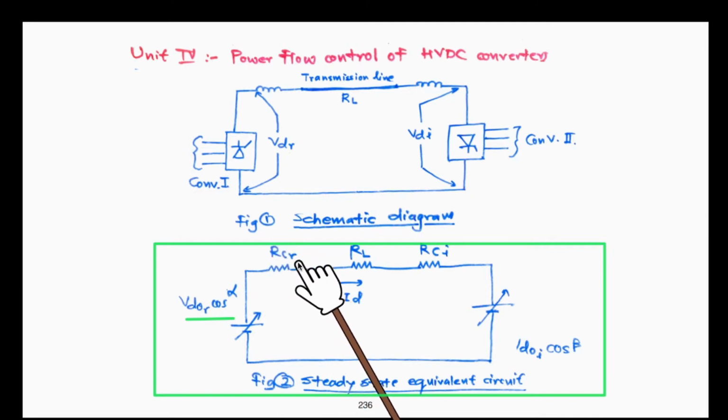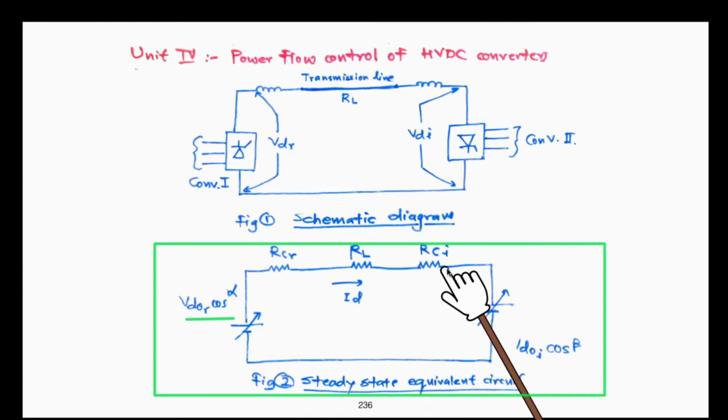So equivalent commutation resistance has been represented. This is equivalent circuit. Practically there is no resistance, but some voltage that is dropped due to the commutation, due to the source inductance on the AC side of rectifier. It will lead to some voltage drop as DC current flows. So that is due to the simultaneous conduction of 3 thyristors in the bridge that we have already seen. So averaging of line voltages takes place. Some voltage drop will take place. So at rectifier end, that voltage drop is accounted by representing an equivalent resistance RCR. So this is a dynamic. It depends upon the source inductance on AC side.